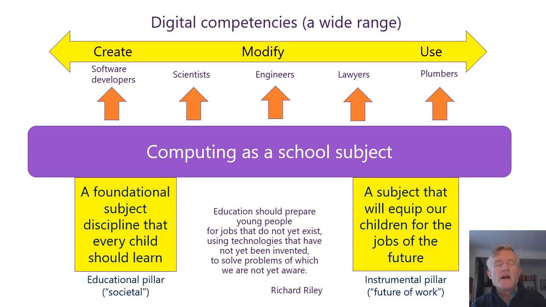So arising out of that, children who come through an excellent education of this form will then be both the software developers and the scientists, engineers, lawyers and plumbers, or the whole spectrum, as all children will go through this route. And they will then have digital competence that will span a wide variety, ranging right the way from the creators of the future,